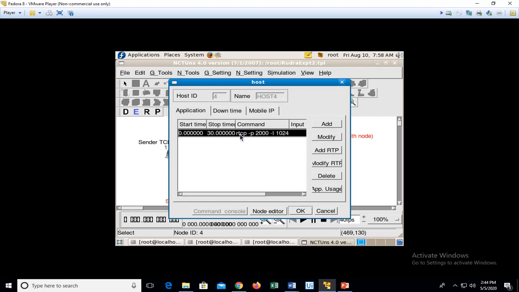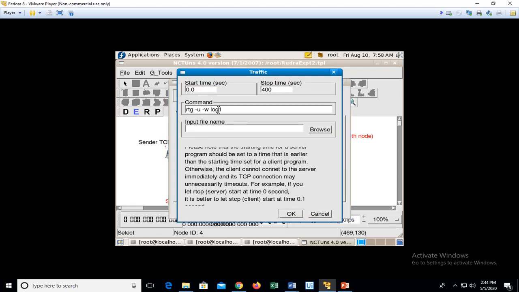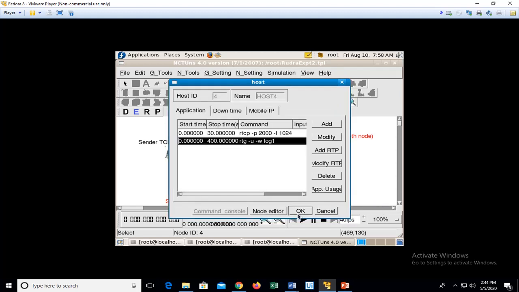Add, now it should be a receiver which makes use of the UDP protocol. For that, RTG hyphen U space minus W log 1. This is the command we'll specify.